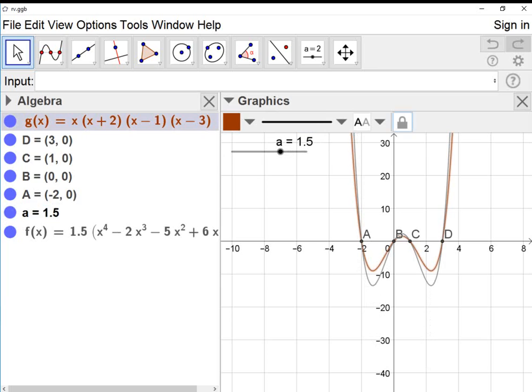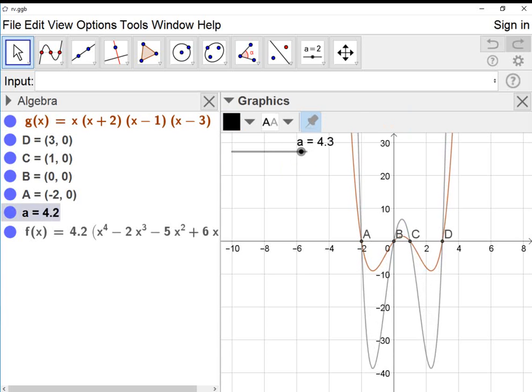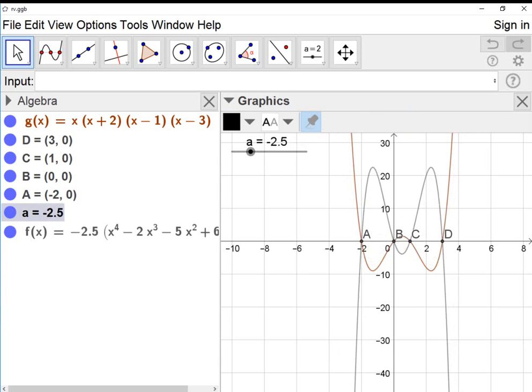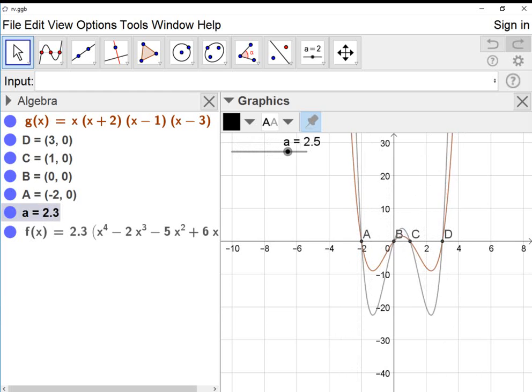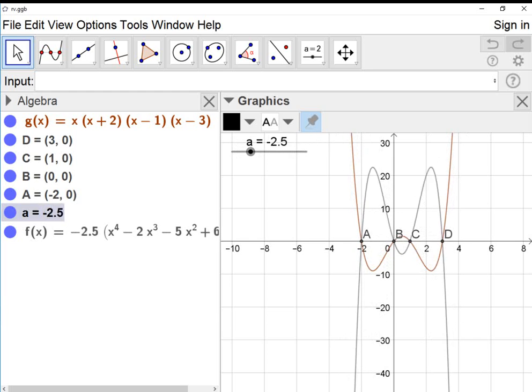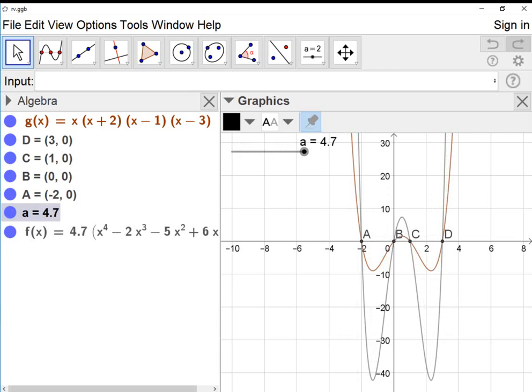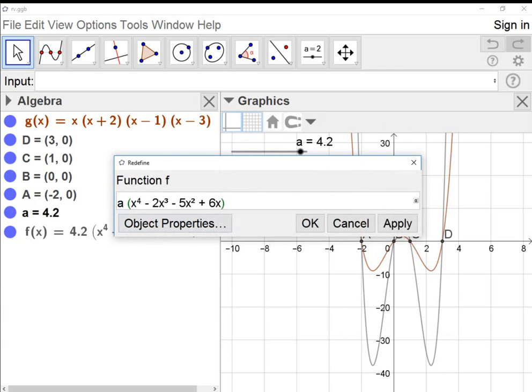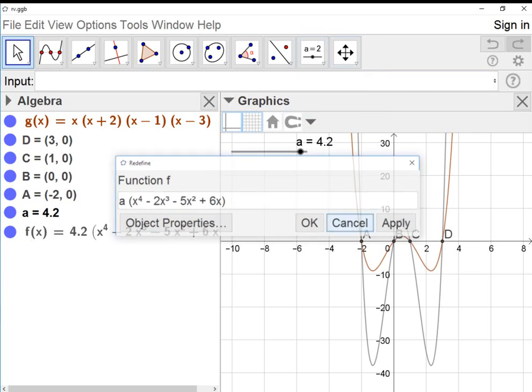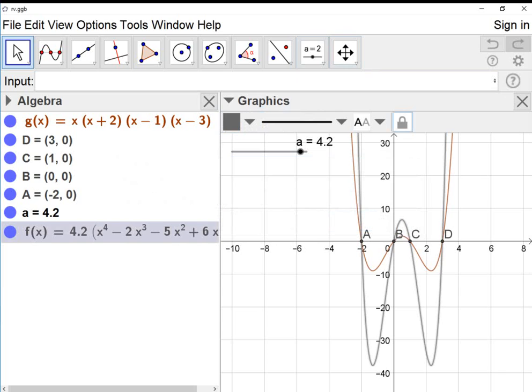So this red one here is the polynomial that we have written down in our notes, that we have expanded. But this gray one is all of the other polynomials that have the same zeros, right? Does that make sense? Okay. So when I write it like this, I wrote it as A times that. That is a generic polynomial. It's representing all of the polynomials that have those zeros, okay? When I specify that A,